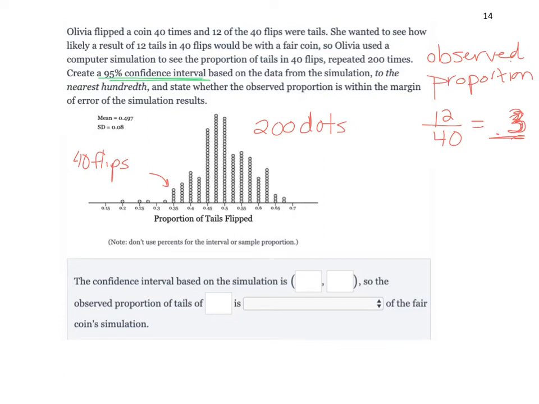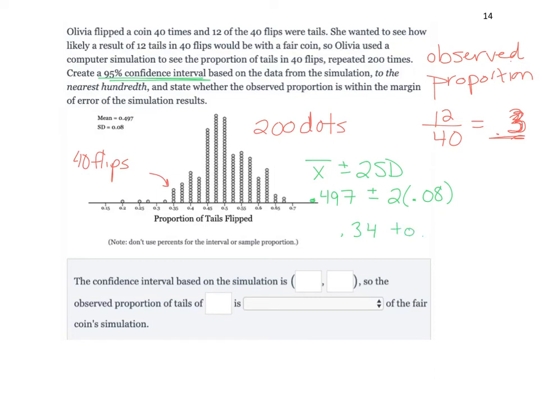Okay, so remember that's just mean plus or minus 2 standard deviations. So we see the mean, right? The average of all these dots is pretty close to that 0.50 that we're expecting, plus or minus 2 times 0.08. So if I type that in my calculator, 0.497 minus 2 times 0.08 and then plus 2 times 0.08, I get 0.34